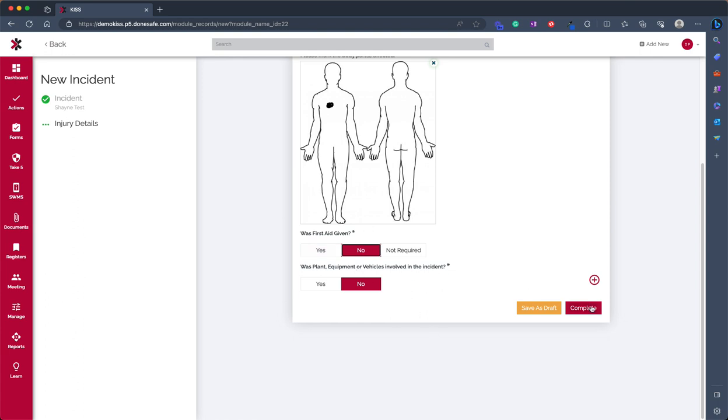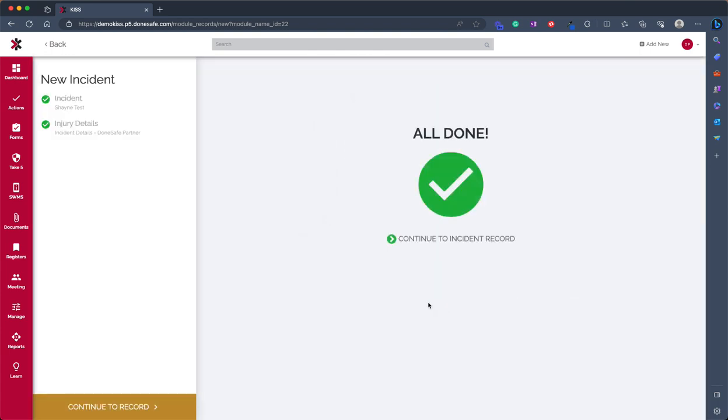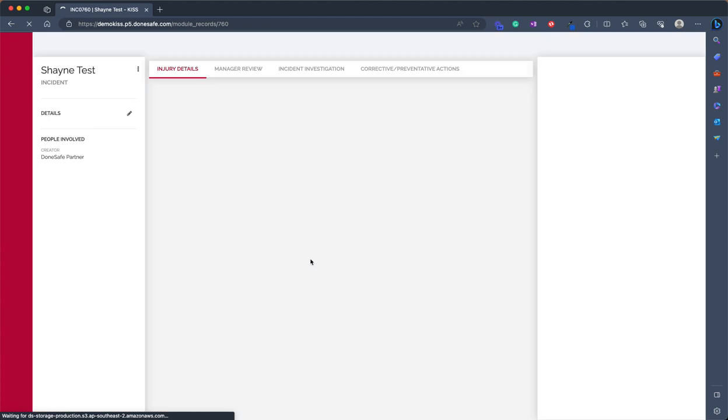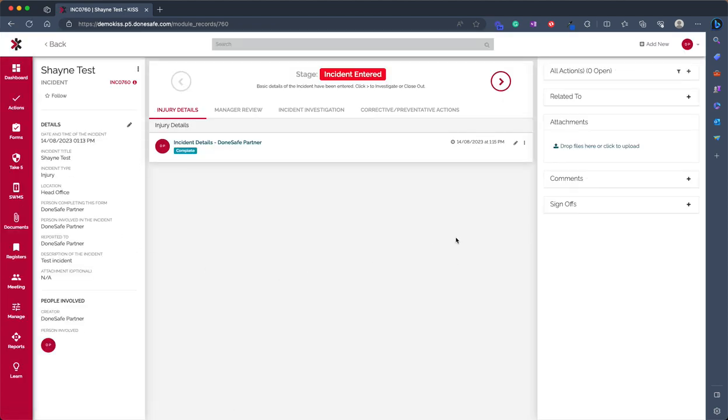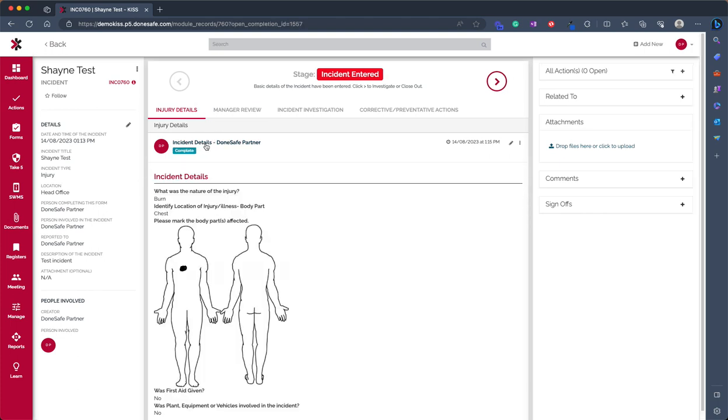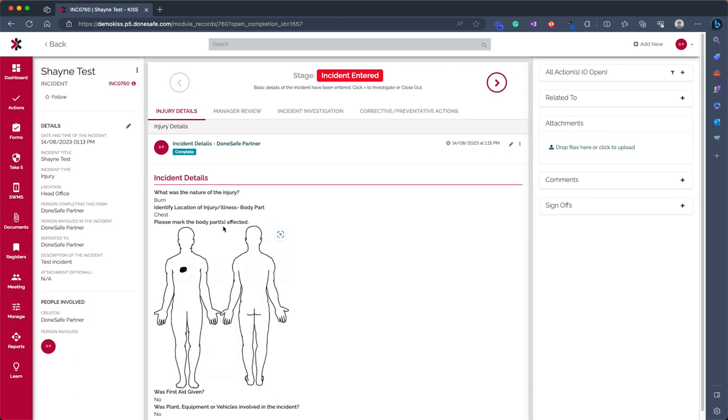And I'll just finish this off so we can jump into the actual record itself. So this is the record that we've created in the system. You'll see the information from that main form appears on the left hand side here. We can actually control what shows, what doesn't show, a whole range of different things there. And that first subform that we filled out, which was the injury details, I can see the contents of that